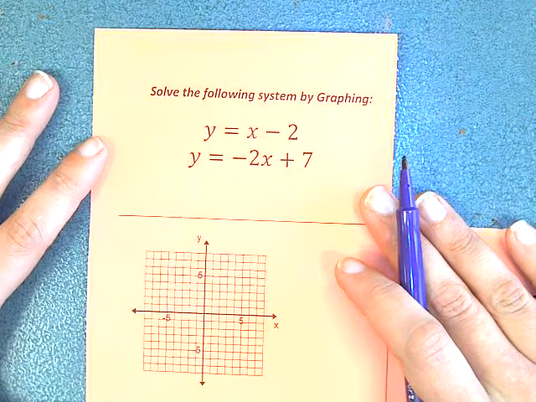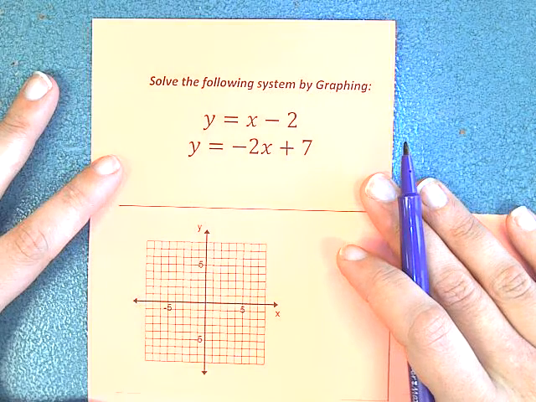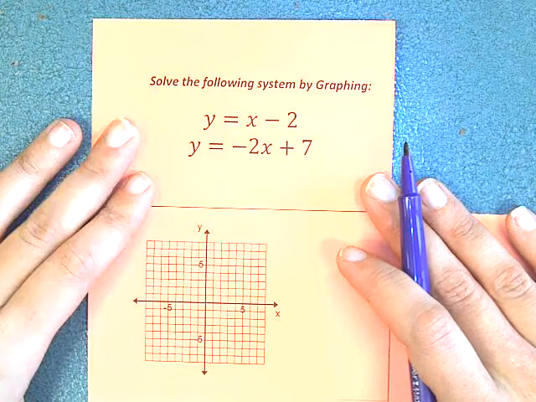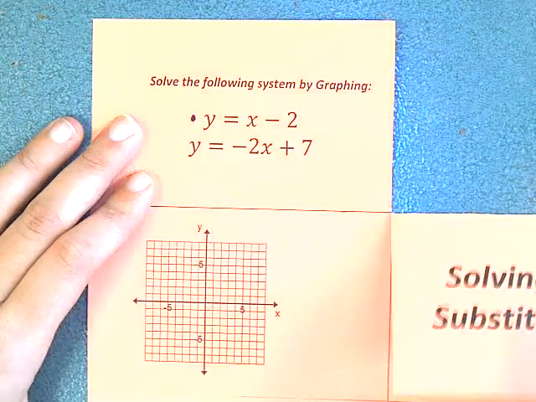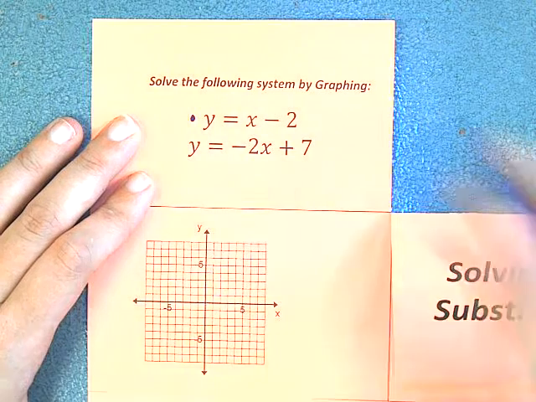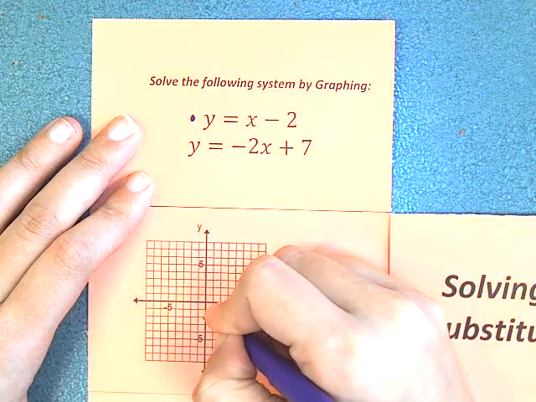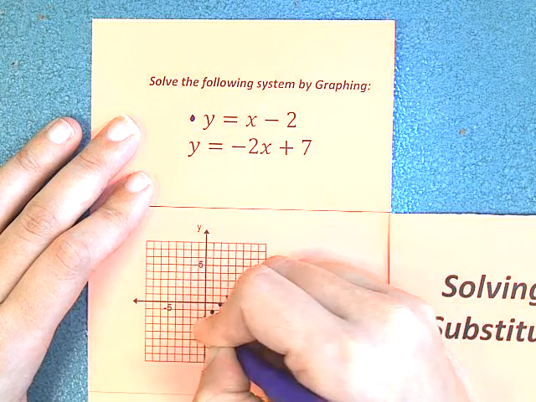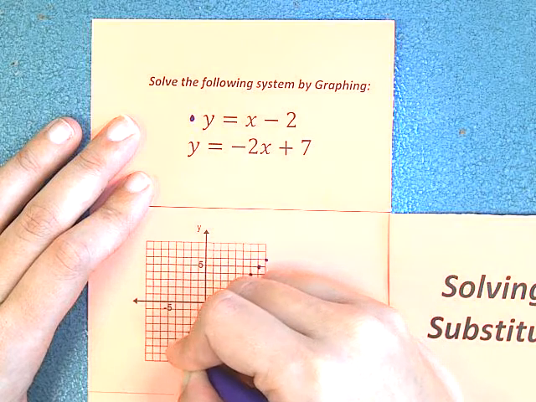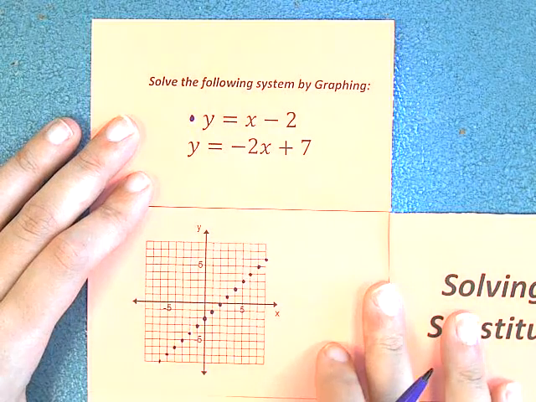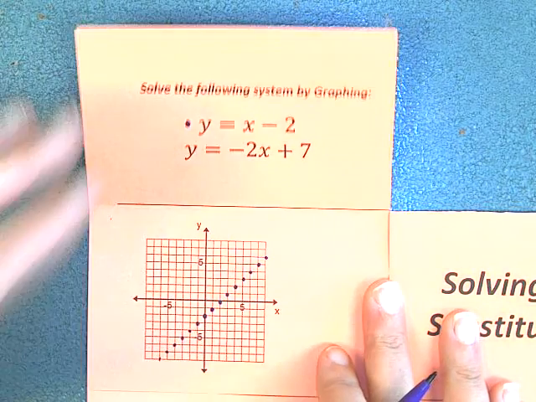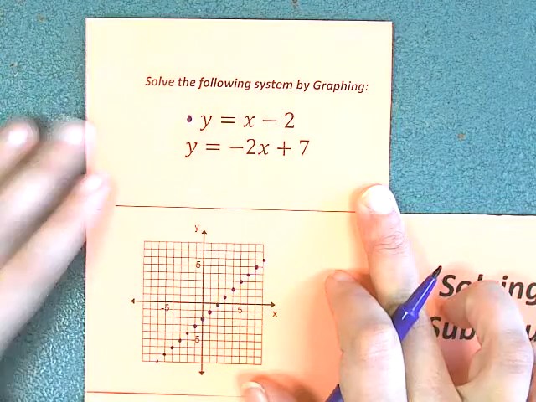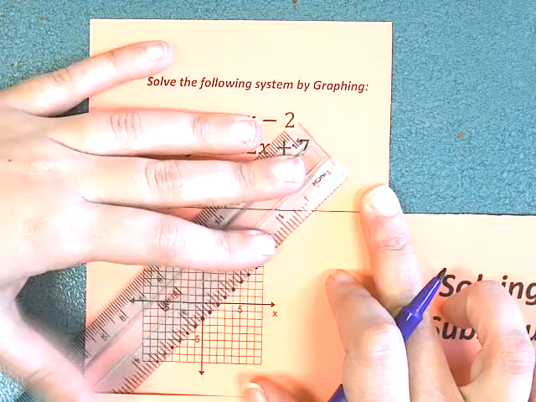If the problem says solve the systems of equations by graphing, what that means is you want to graph these equations and see where they intersect. So to graph the first equation, which I'm going to make purple, you would graph by starting at the -2. You go up 1 over 1, up 1 over 1, up 1 over 1, and I'm drawing in as many of these points as possible so that I can figure out where they meet accurately. Let me see if maybe turning off the light will help make this not quite so fuzzy. All right, so by drawing this line,